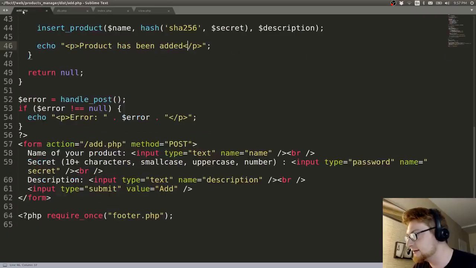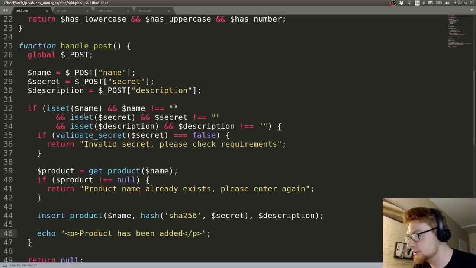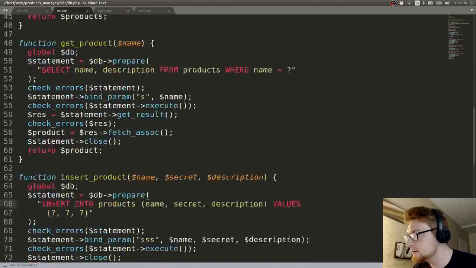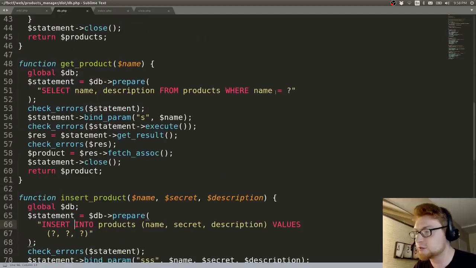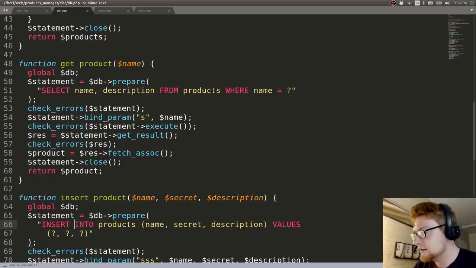If we add handle post, if we were to supply something validate secret, we don't need to particularly care about, but if we get product, product name already exists, please enter again, otherwise we can insert a product. So get product, all that does is test where name is equal to something. Check errors, bind statement, so it adds the string in there. Check errors again after we execute it. Get results, fetch associative. So if it returns something,